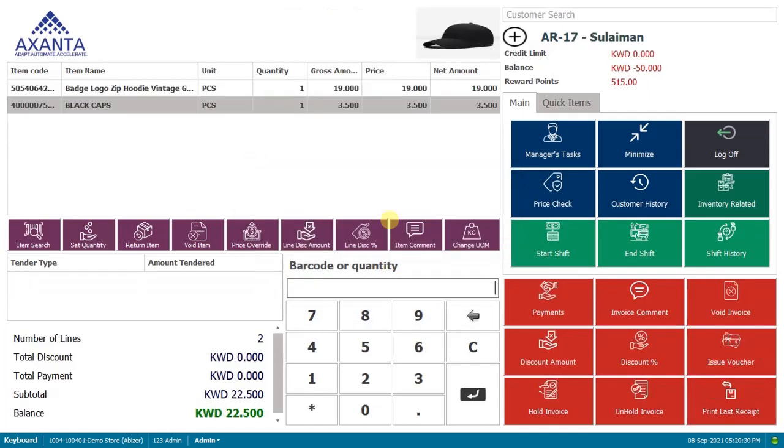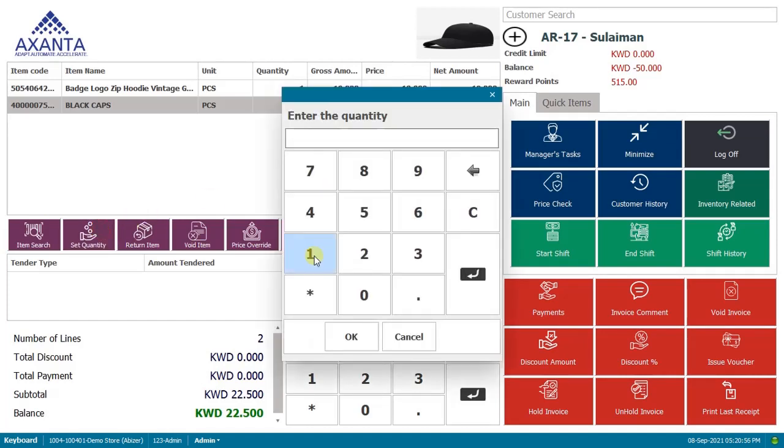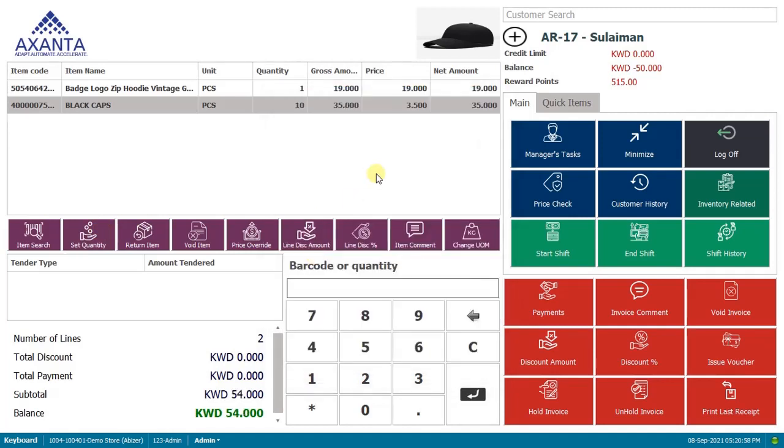Now let's talk about another promotion, which is promotional coupon voucher. It's pretty simple here. If your customers have some coupon vouchers of your store, they can redeem it on a minimum purchase of so and so amount. Here Mr. Suleiman is purchasing these 2 items and to redeem the coupon, the amount should be above 50 KD as we have done this setup in the back office for the same. So let me increase the quantity here for this item. Let's say 10. Okay, so now the amount is 54 KD, which is above 50 KD, and let's redeem the